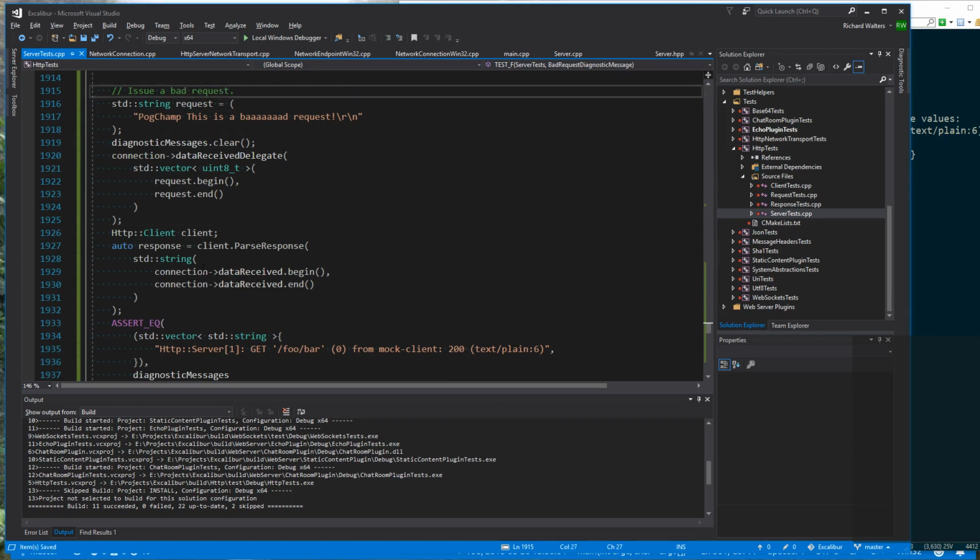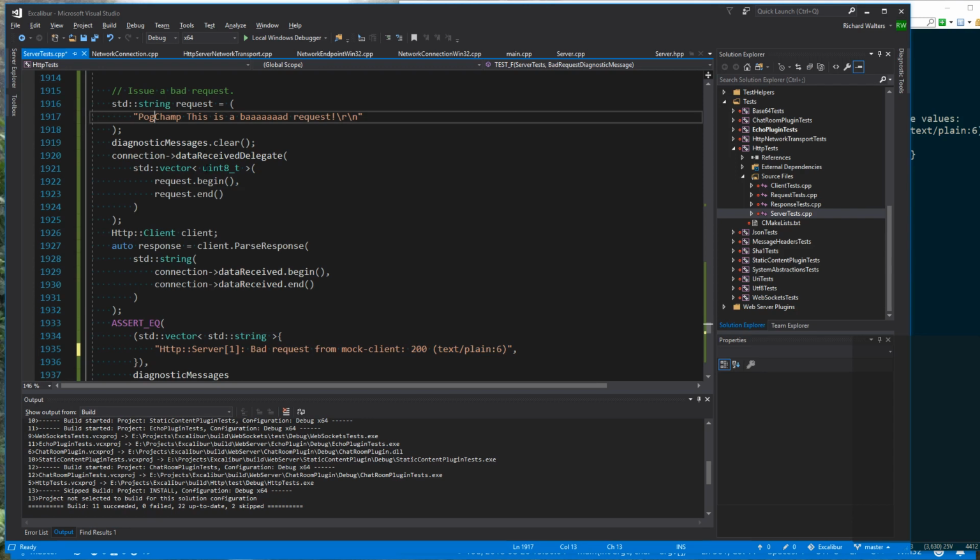Issue a bad request. So, what do we want to see? Something like "bad request from client," and then let's build in some control characters in here. Like, if I do that, then I can build in